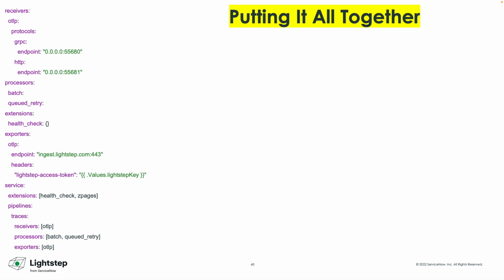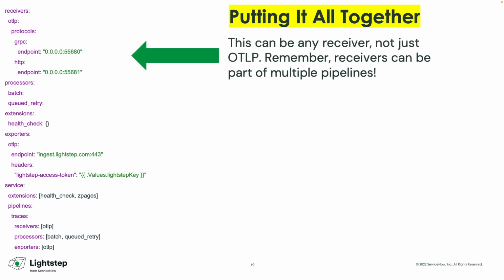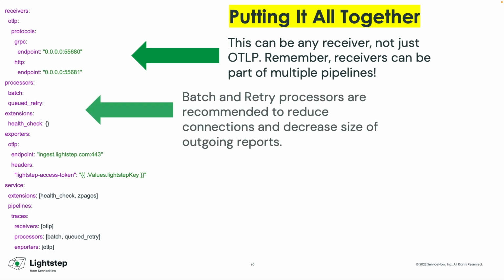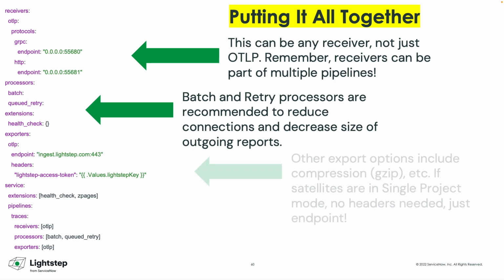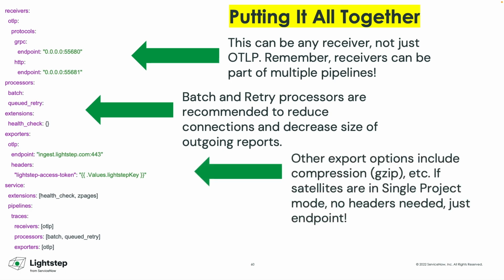Finally, if we put it all together, you should remember that you should define one or several receivers in order to collect your telemetry data, one or several processors in order to transform this data or optimize your performance or the volume of data that you send to your backend, and exporters to export the data to the different backends that you want to use. And at the end, don't forget to define and to enable these receivers, processors, and exporters in at least one pipeline in order to make them work together.